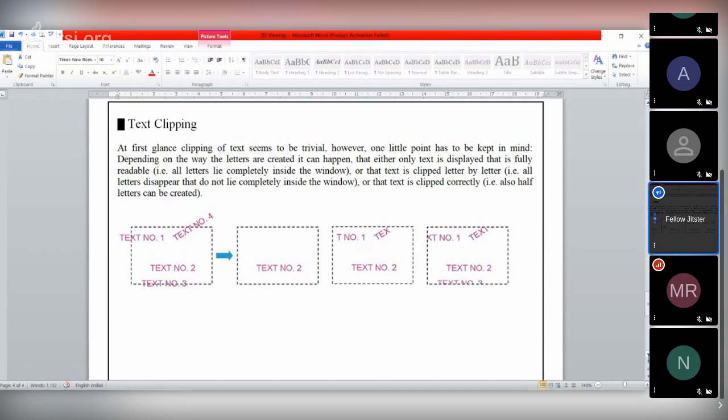If the string is completely inside this window, we will take it. If the string is completely outside the window, we should reject it.